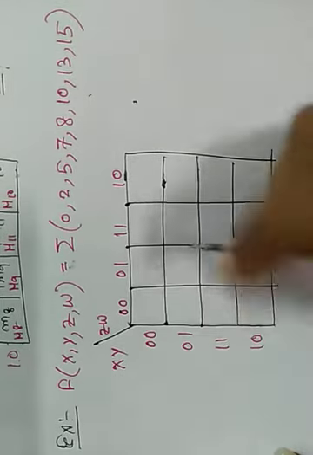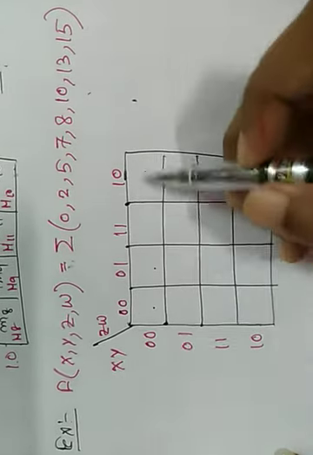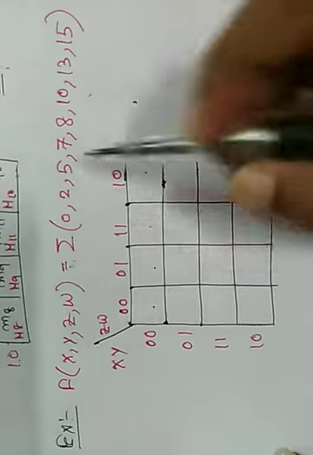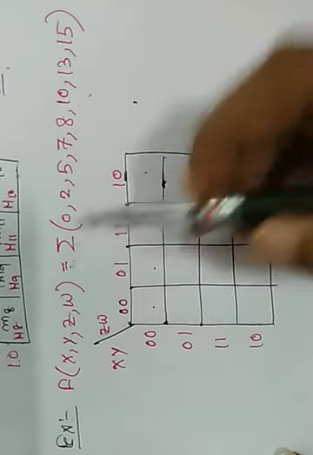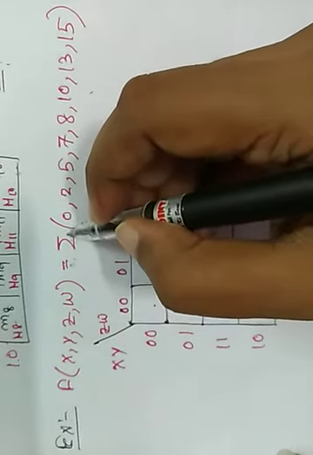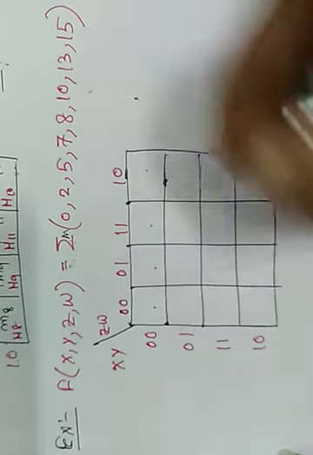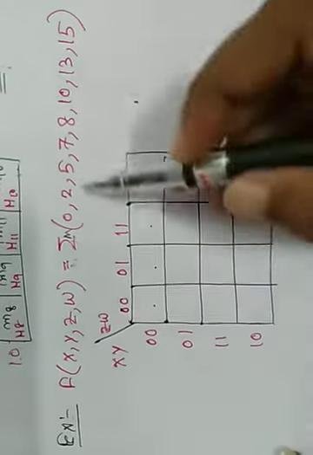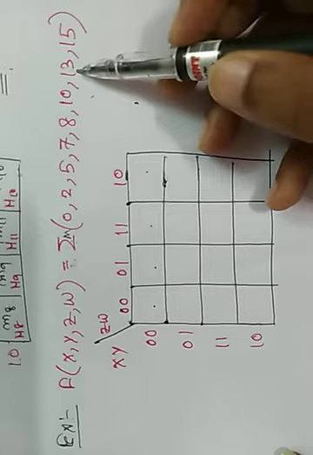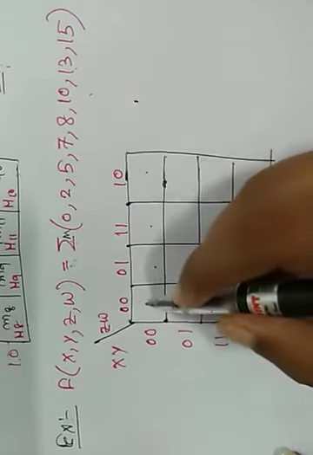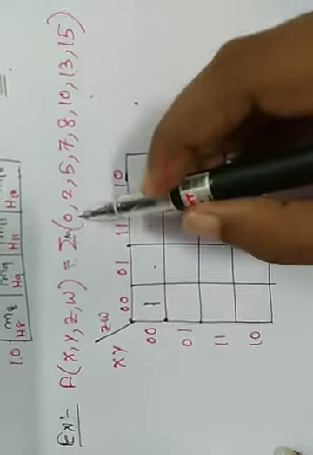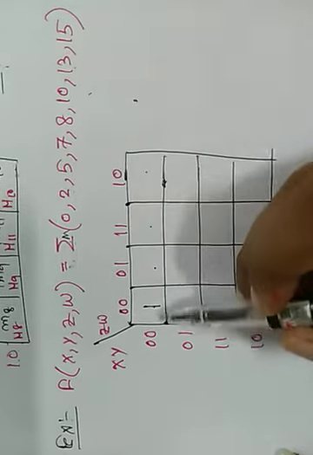We know that M0, M1, M2, M3. Okay, as it is a minterm summation here, that means all the values are minterms. Minterm means we can put 1 in this square area. So for 0 it must be 1, so here it is 1. Next comes 2. 2 means 0.